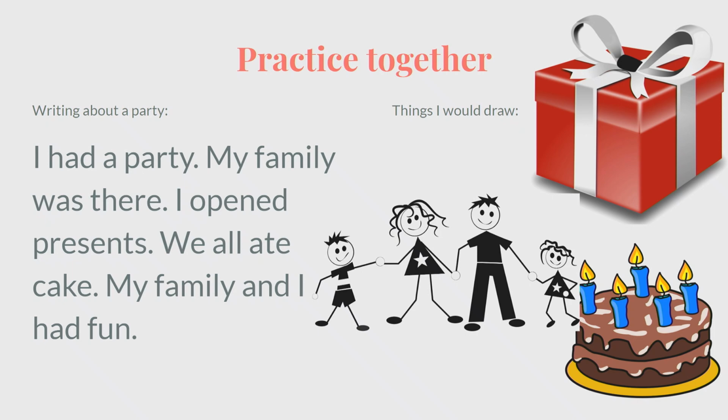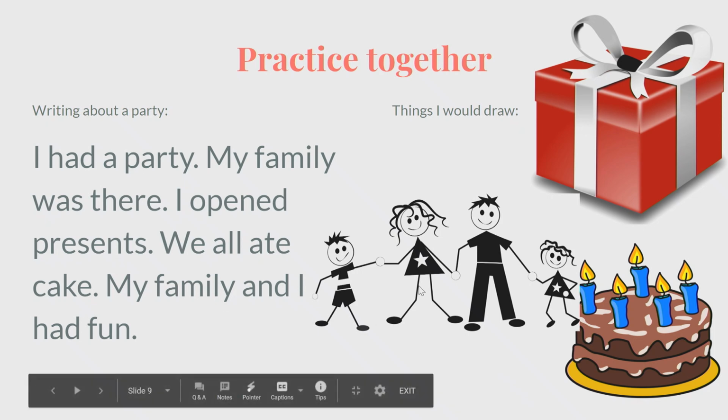So, y'all, here's the key to writing the perfect story. You have to make sure you include details about what you did, but then you have to make sure that your picture matches what you drew. If I were writing this story, I would make sure that I had details about things that I did at the party. If you notice, I have a picture of a present. So I would draw a picture of my present because I wrote in there, I opened presents.